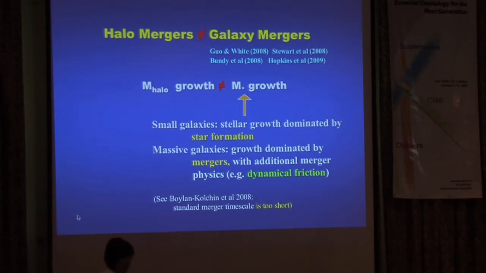And you usually, in semi-analytic galaxy formation models, need to assume a dynamical friction time, because galaxies will merge much later, because they're much more centrally concentrated. So typically we use some sort of dynamical friction time scale. And I just want to highlight this paper by Boylan-Kolchin, saying that the standard Chandrasekhar merger time may be too long. So this is another piece that one needs to pay attention to when one relates these two rates.